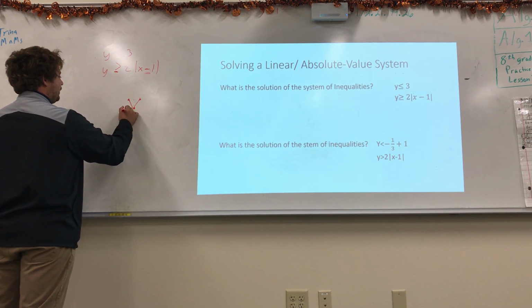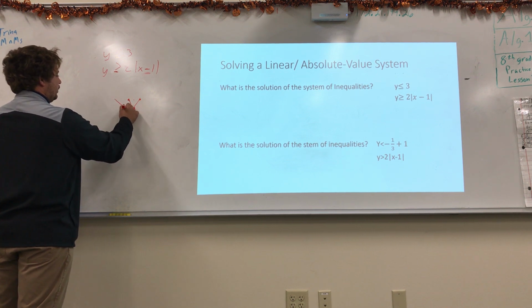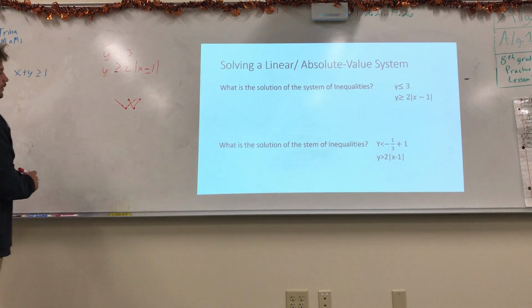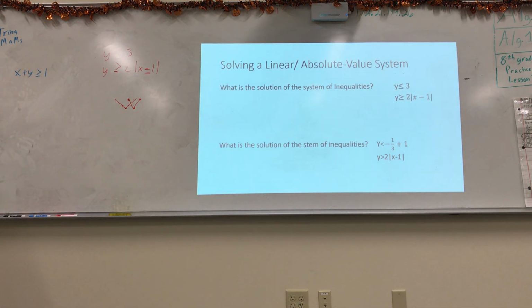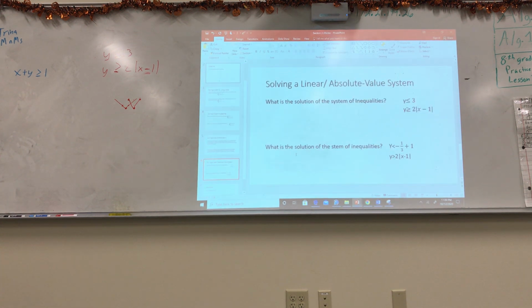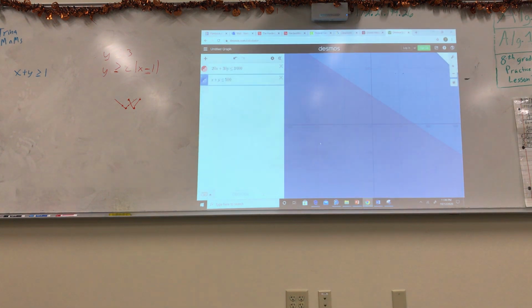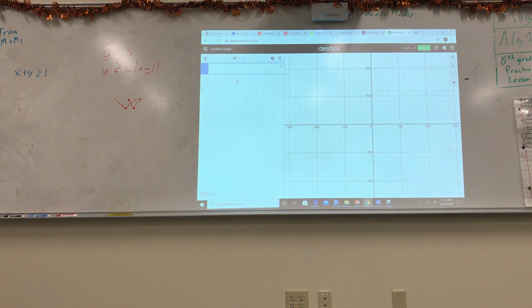And then it'll look something like this. And your parent function would have been right here, and it would have been not quite as dramatically up. Okay, that's all you have to remember on that. Like I said, I will graph it on Desmos because then I don't have to move my board. Plus half the time you can't see it with my markers anyway. y is less than or equal to 3. y is less than or equal to